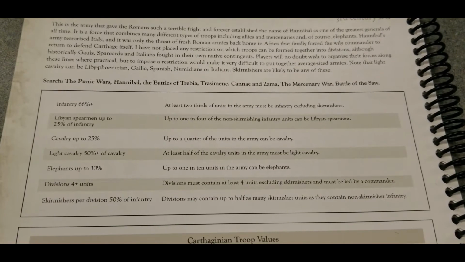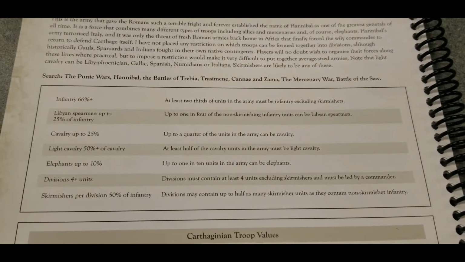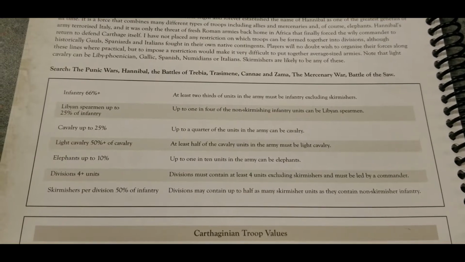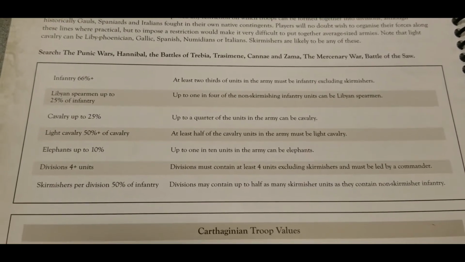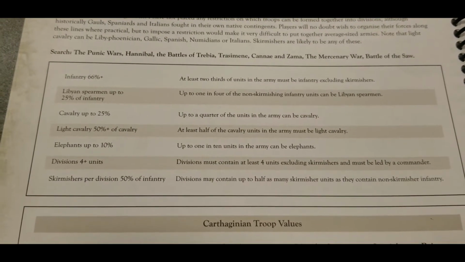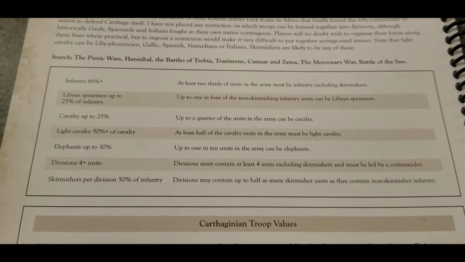So it is mainly infantry focused, and we have a weird sort of criteria here, which is normally we see like 25, 50, 75%, that kind of stuff. This one is 66%. So in other words, 2/3 of the units in the army have to be infantry, excluding skirmishers. So that's, I think, the first time we've honestly seen that in any of these factions. And then of that, Libyan spearmen have to be up to 25%, and again, excluding skirmishers. So some interesting things going on there. Cavalry can bring in up to 25% of the list as well. And with the infantry in that, basically we're getting to like 91% of the army, which is, again,